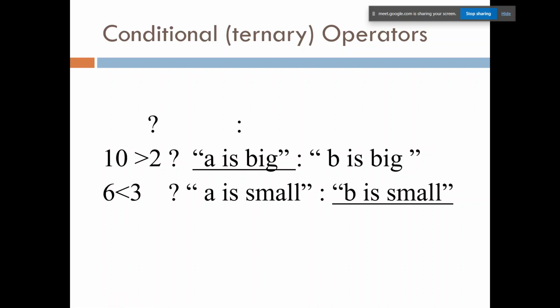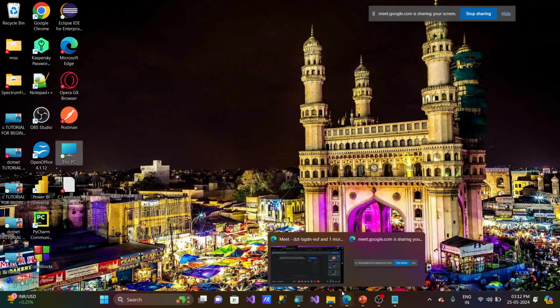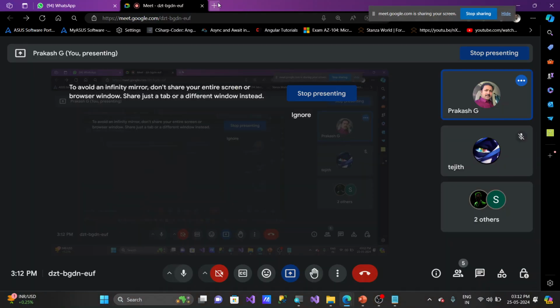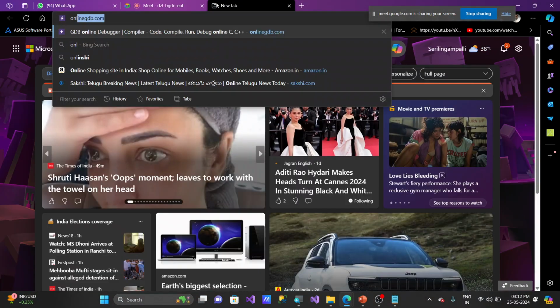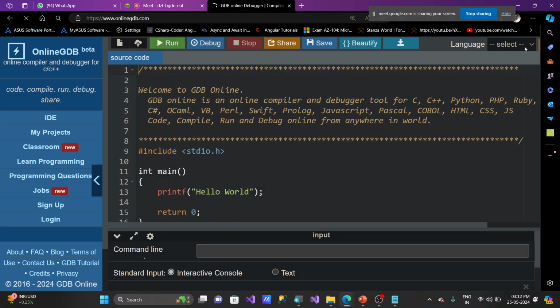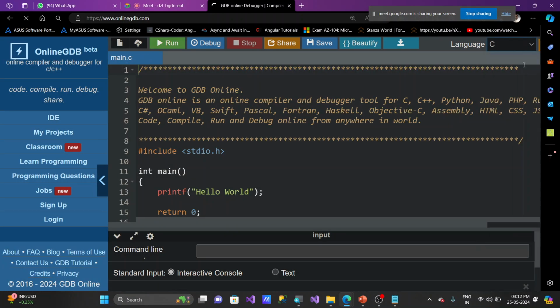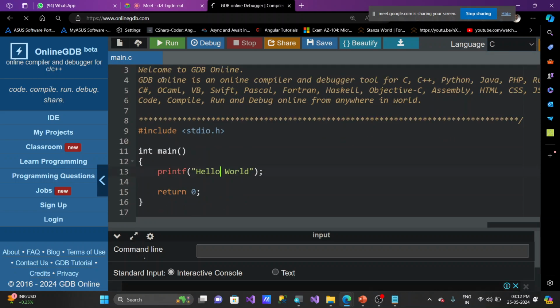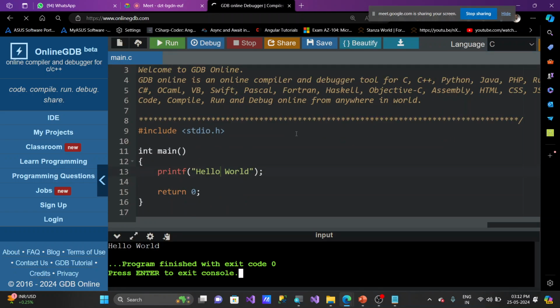Let me open onlinegdb.com. It's an online compiler, guys, onlinegdb.com. Here we need to choose the language, on the right side corner, C I'm selecting. And here I'm testing, hello world is there. Just click on run so that it will be executed. Hello world is printed. Now what I'm writing here, I'm writing this condition. Printf